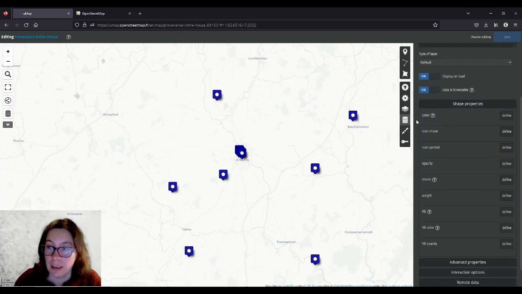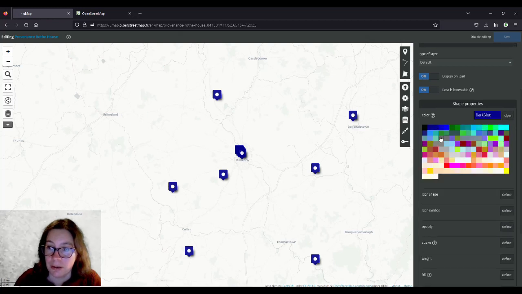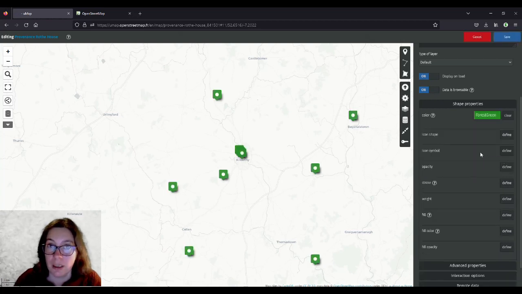Click on that, and the first one that comes up is a color. And if you click on that, you get a good bit of a choice for colors. So I'm going with this forest green, and that changes it automatically, all of them.